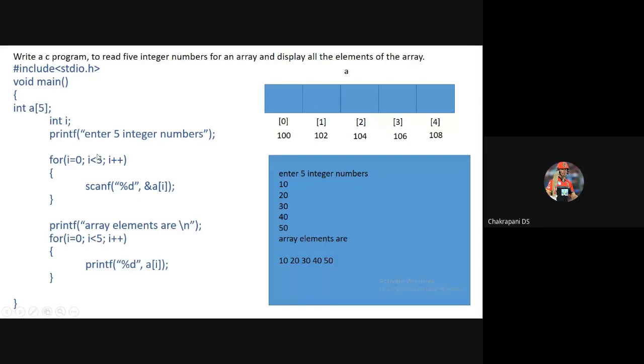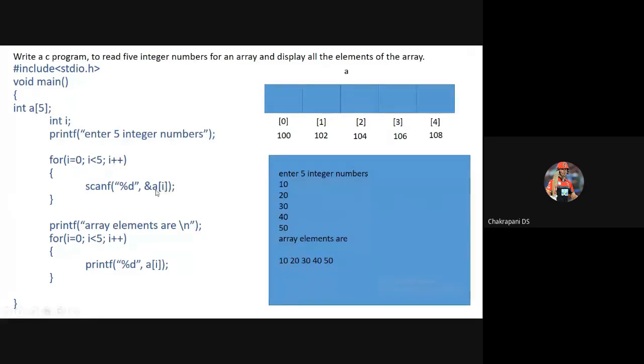the condition is true, the computer enters here and executes this scanf statement. Observe the scanf statement here. When the user enters the first number, scanf with only one %d, and ampersand a of I I am writing here. What is the initial value of I? The initial value of I is 0. Ampersand a of I means ampersand a of 0.